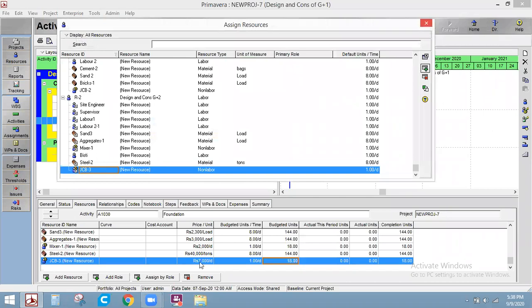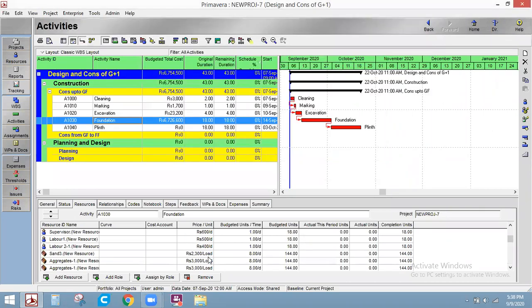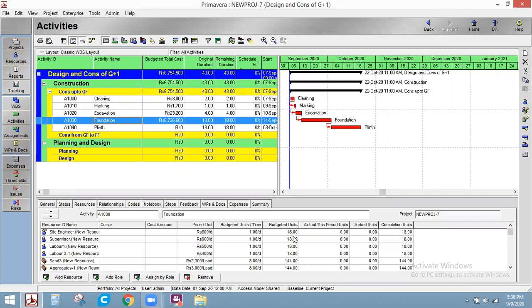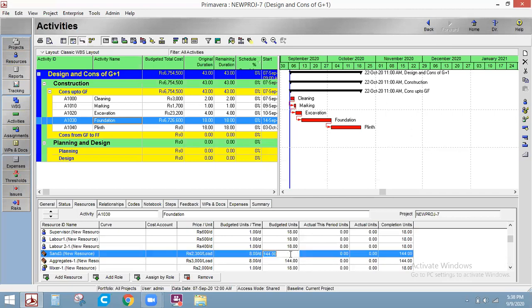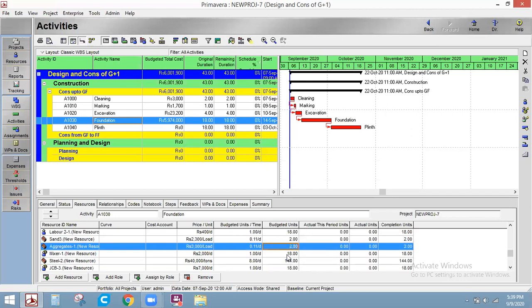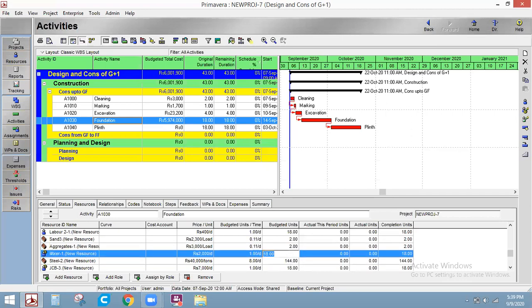See, now we have this much of resources here. How many days? It is for 18 days. For 18 days we want site engineer, for 18 days supervisor, for 18 days labor 1, labor 2. Sand and aggregates we just want for 2 days, 2 budgeted units, that is 2 loads of sand and 2 loads of aggregates. Mixer only 1 for 5 days,